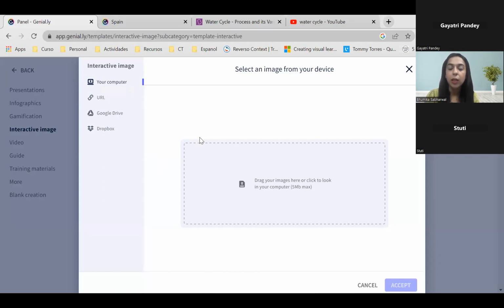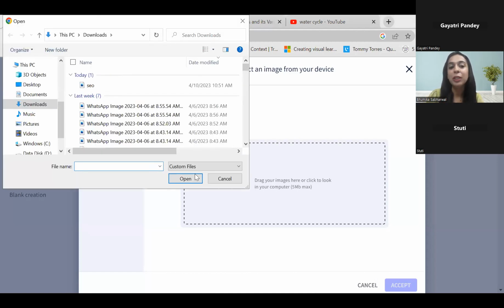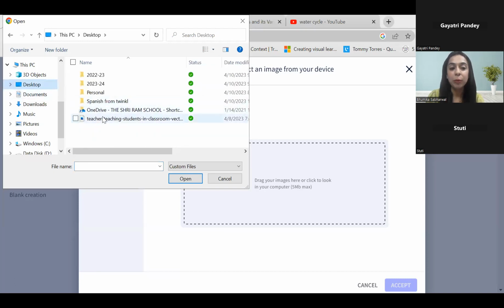So I'm going to be working around the water cycle. I'm not a science teacher, so please don't judge my knowledge. But I have researched a few basic things related to the water cycle, and we'll just make it visually appealing. Yeah. So I'm going to upload